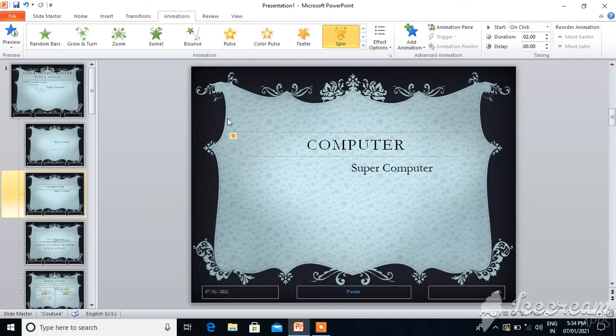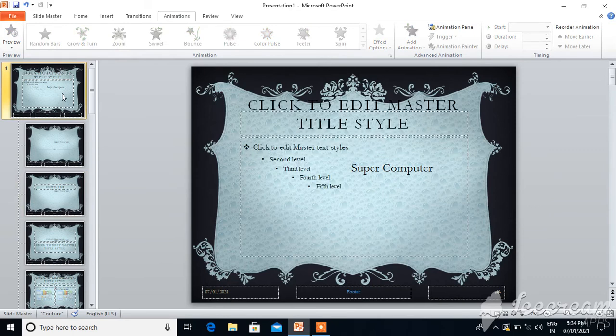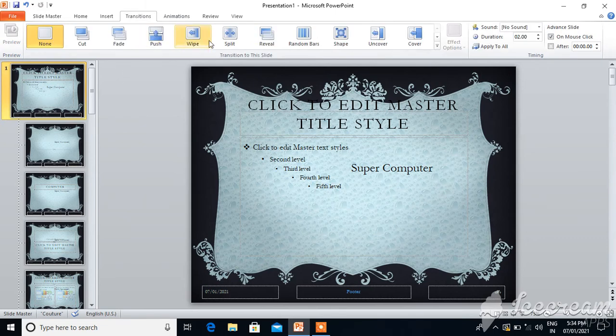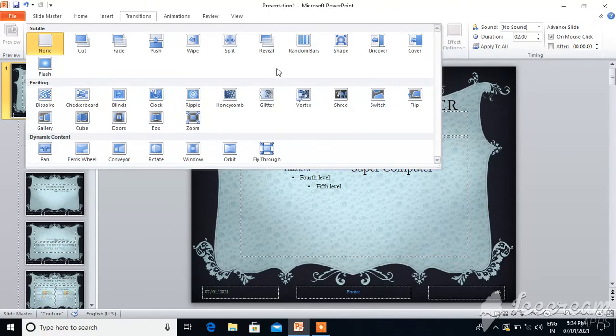Now okay, transition is applied to a slide. See, these are the slides. So to apply the transition, click on Transition. These are some effects. Transitions are the motion effects which are applied to a slide. Okay, I will apply honeycomb.